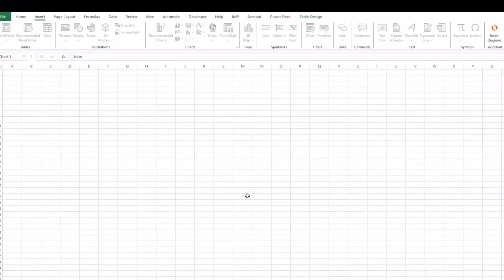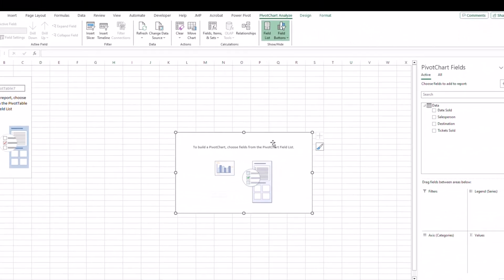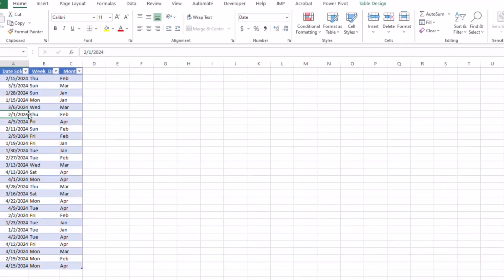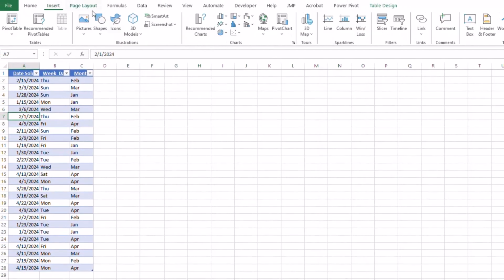I'm going to say add this data to the data model. And what I want you to notice is over here in this area, we don't see the calendar in here. We see the data that came in, date sold, salesperson, destination, so on, but we don't see the calendar. So what we're going to do is go back into calendar here, click inside the data, insert,